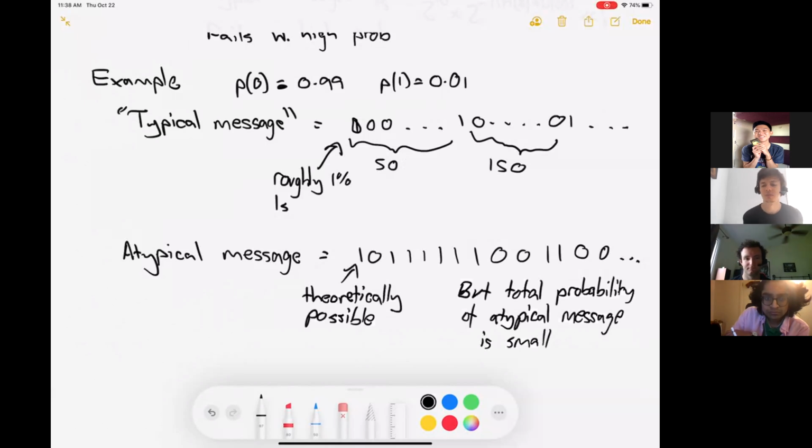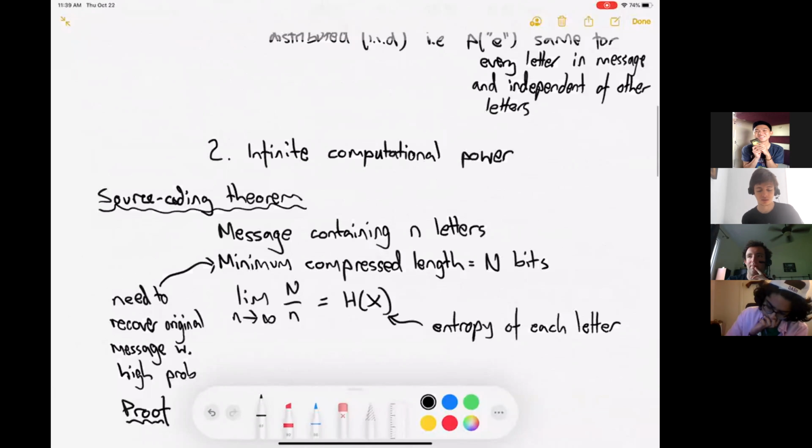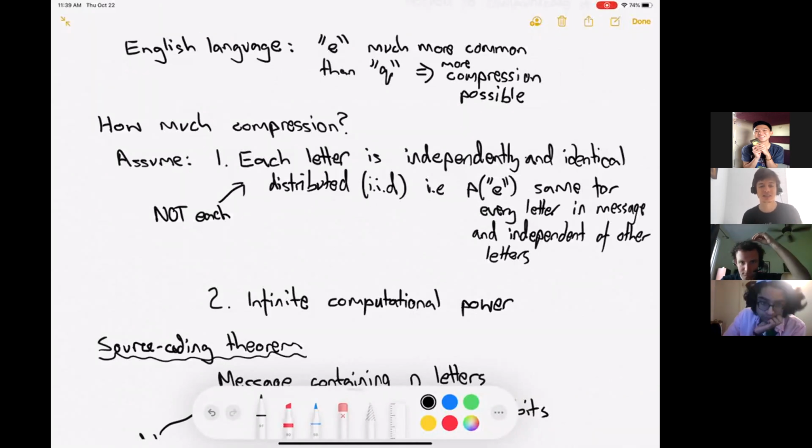Did that answer your question? Yeah, so IID doesn't mean that each letter has to have, say in this case, 0.5, 0.5. They can have different probabilities. So IID does not mean that each letter... there's two meanings of each letter. There's each letter in the message and